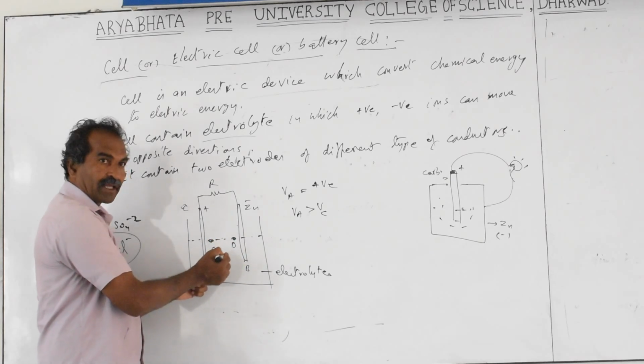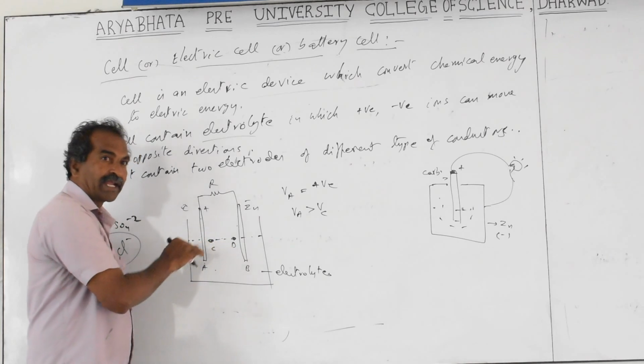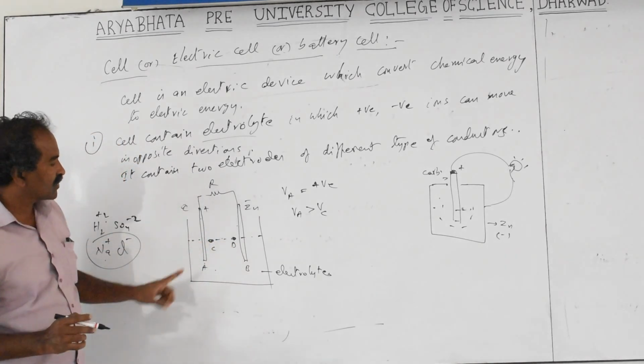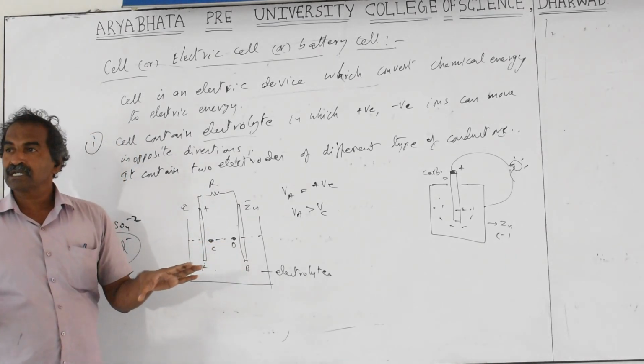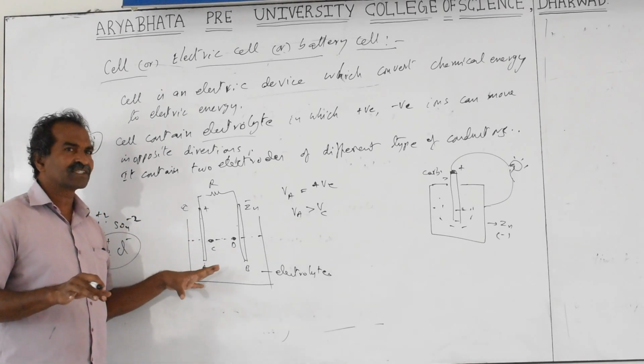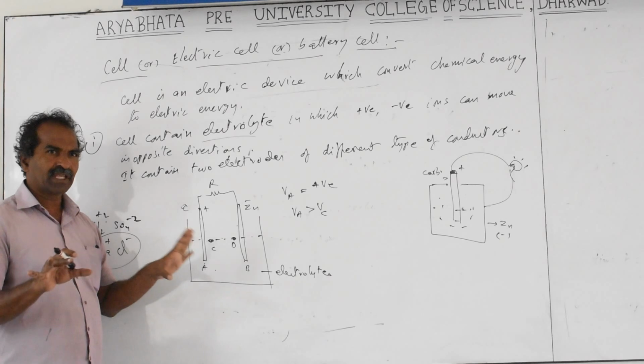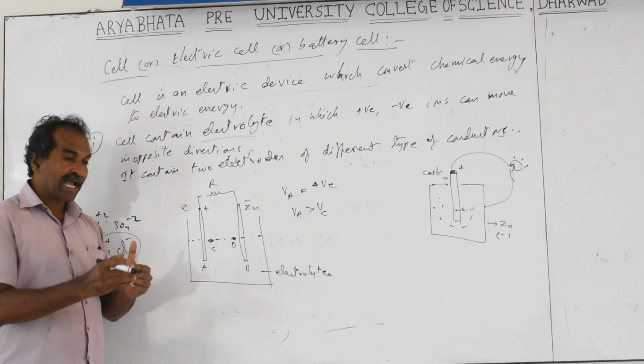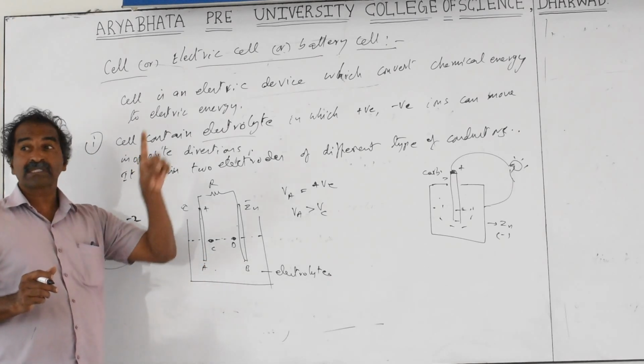Same electrolyte. Okay, but electrode C is in the same electrolyte. Electrolyte means if it is open circuit, the same electrolyte will have the same potential. There is no potential difference from one point to another point within the electrolyte. It is neutral. Everything is electrically neutral. But inside, only ions are moving in opposite directions.